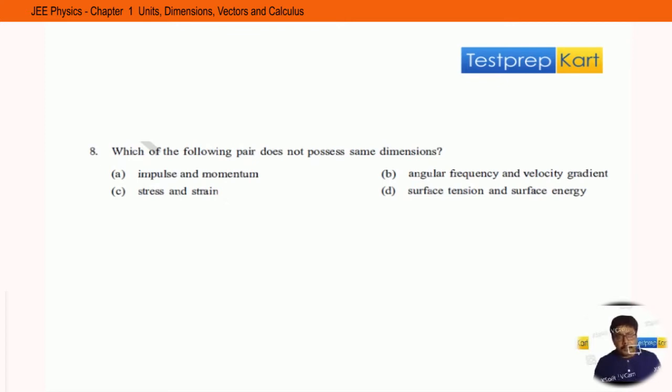Which of the following pair does not possess the same dimensions? It is a very, very important question. The first three, in that case, what you need to know and how to solve this kind of question. To solve this kind of question, you need to follow something that is very important. The first thing that you should do is